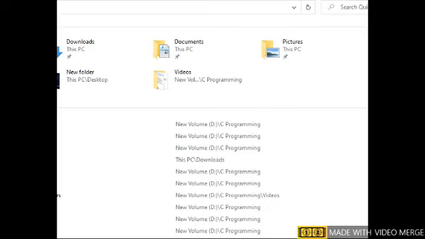Now we will see how to install the C software in the computer. Open my computer. I have already downloaded the C software and stored it in my hard disk E drive.